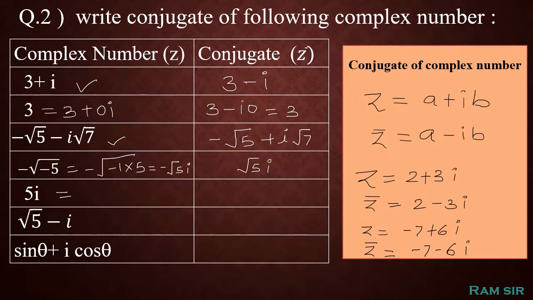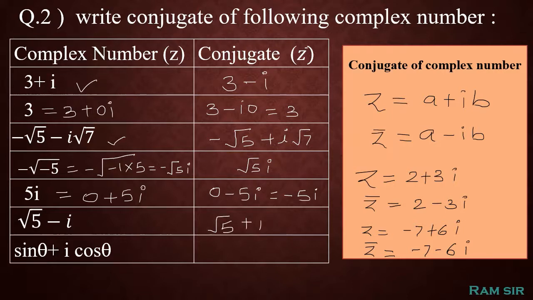If we have 5i, we can represent that 5i as 0 plus 5i. Now change the sign of the imaginary part for writing the conjugate. So we get 0 minus 5i, and 0 minus 5i is nothing but equal to minus 5i. Because when you are writing a conjugate, you only have to do with the sign of the imaginary part. Writing the answer for the next one, we are getting root 5